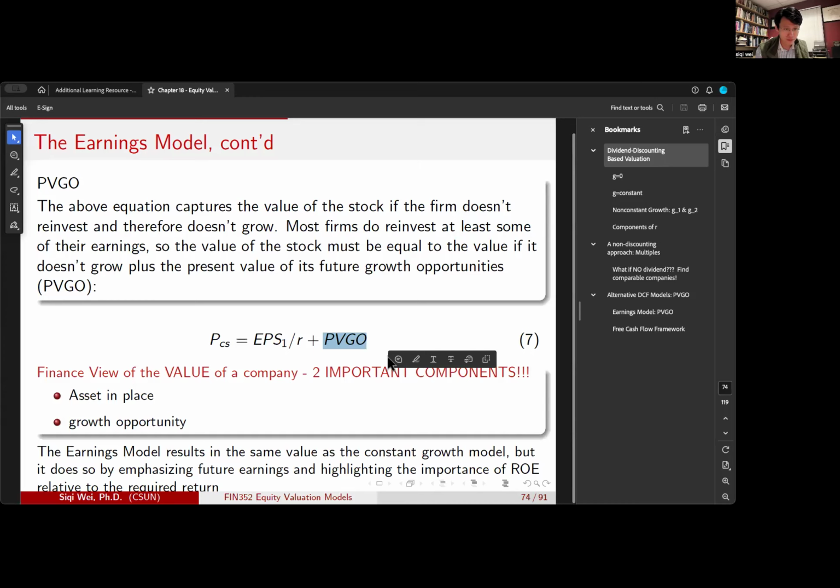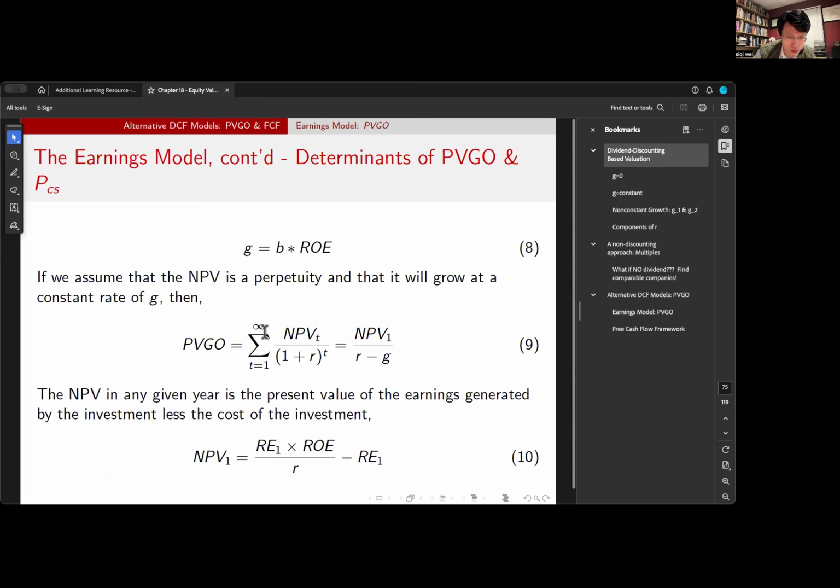Now, PVGO is subject to this derivation, okay? So what is the growth rate? It's the product of the plowback ratio and the ROE, the profitability: how much you're going to preserve, right? So as I mentioned,